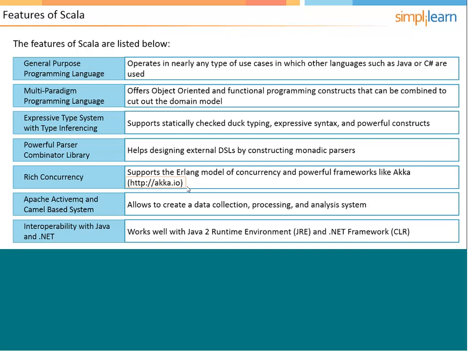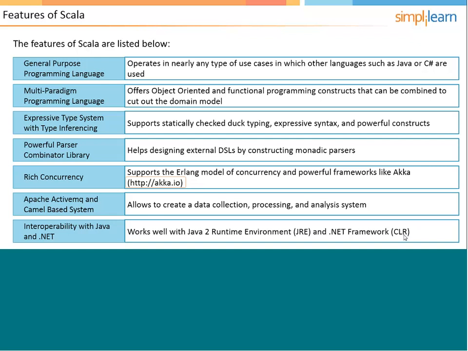In Java you have threads and the concurrency package, which has a lot of APIs to be used in multi-threaded applications, whereas Scala uses frameworks like Akka directly as part of its library. So it has a rich concurrency package. And of course it has a lot of other packages,